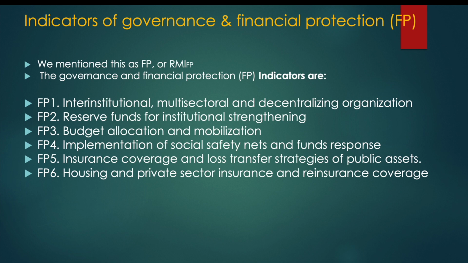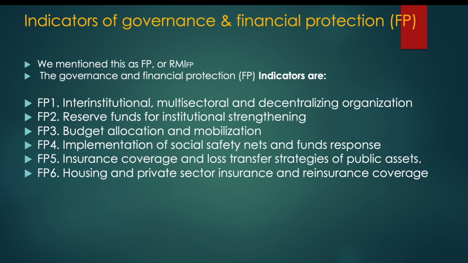disaster losses. So the indicators are: AP1, governance and financial protection 1, that is inter-institutional, multi-sectoral and decentralizing organizations. AP2 is reserve funds for institutional strengthening. AP3 is budget allocation and mobilization. AP4 is implementation of social safety nets and fund response. AP5 is insurance coverage and loss transfer strategies of public assets. AP6 is housing and private sector insurance and reinsurance coverage. So these are the 6